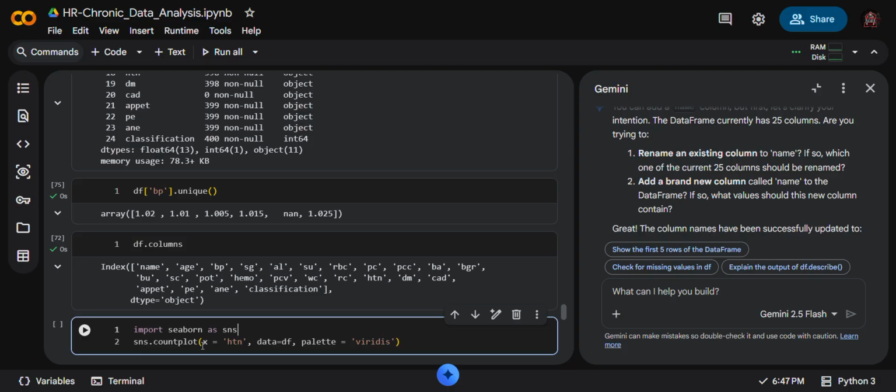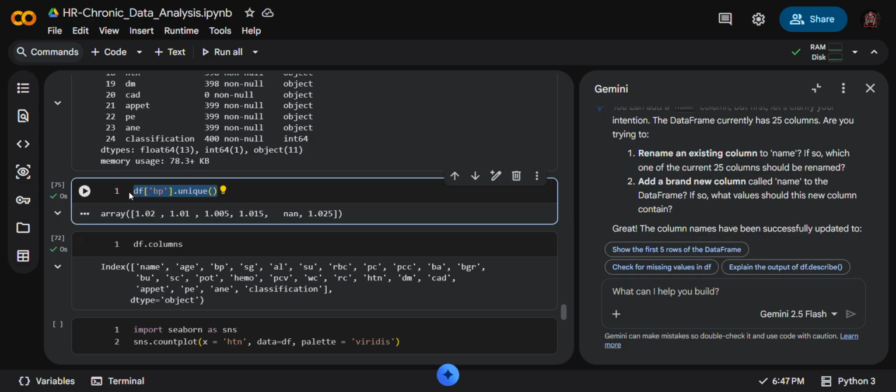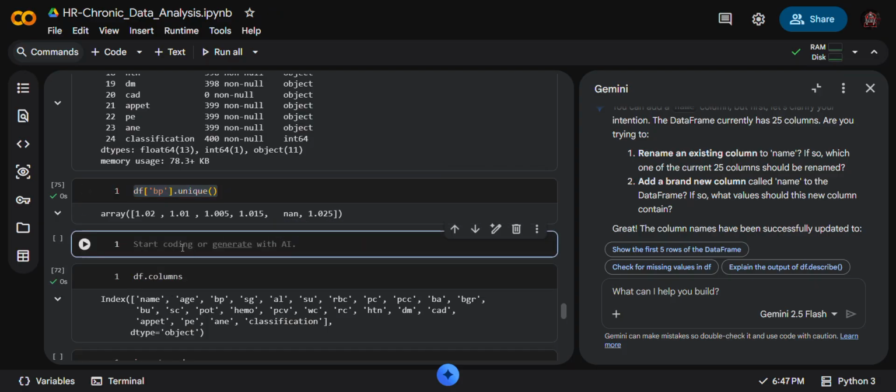SNS dot count, yes, we can use something like this. You can use a much better way. Same step, but for value count.